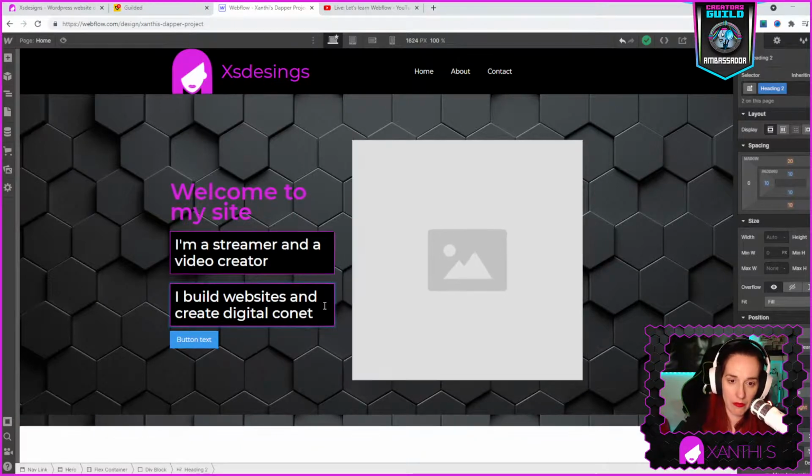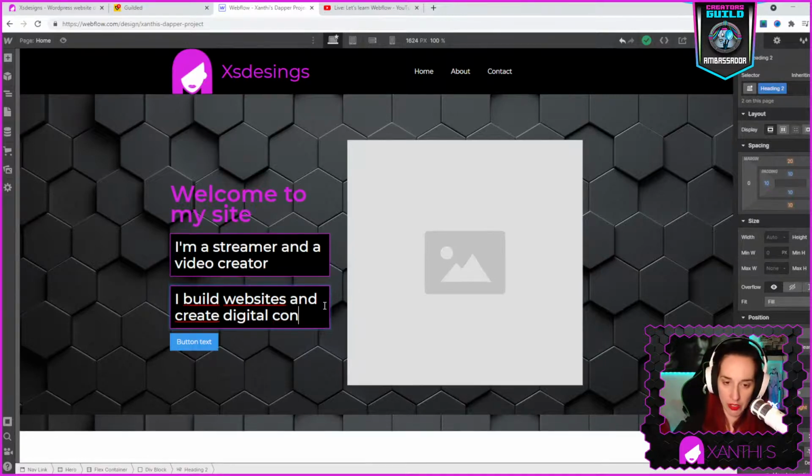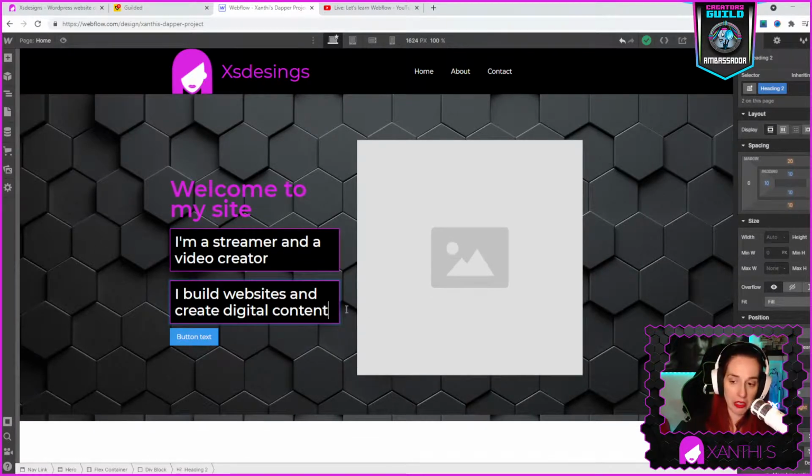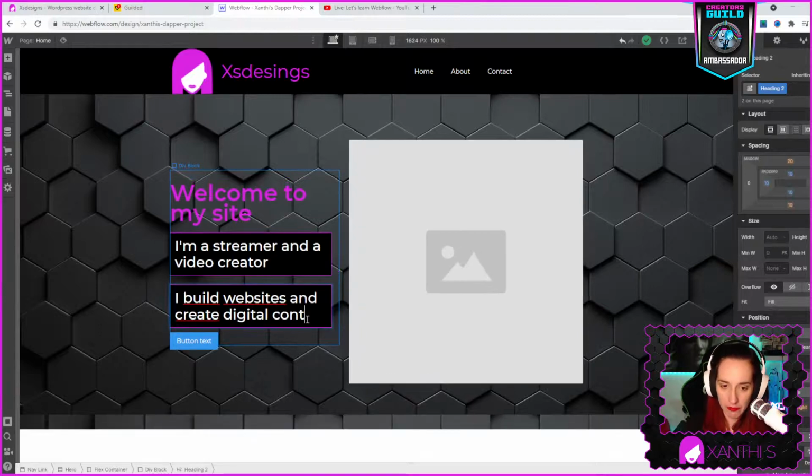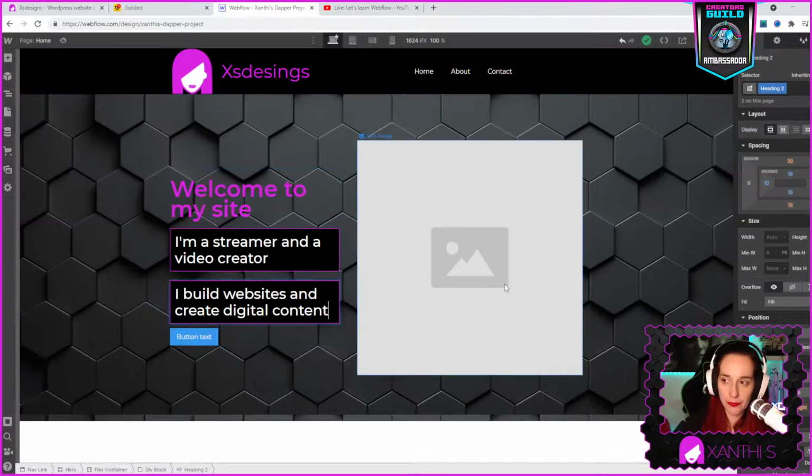So it creates the first part column of the flex section, and it pushes the image content automatically. Okay. And it changes the background as well. Yeah.